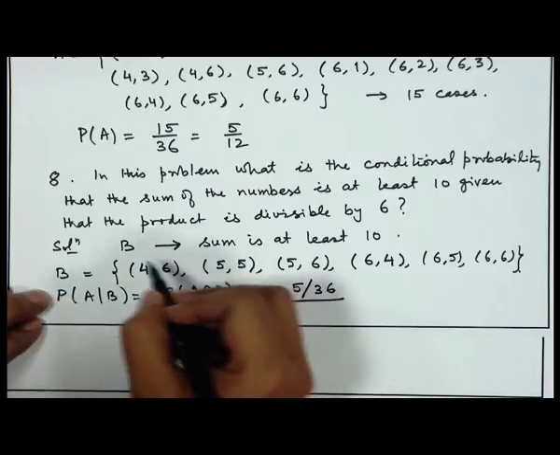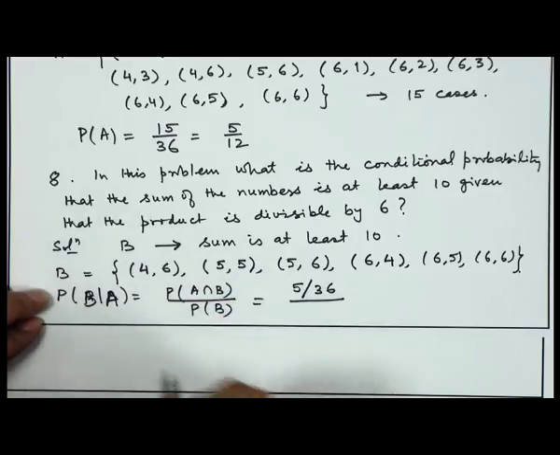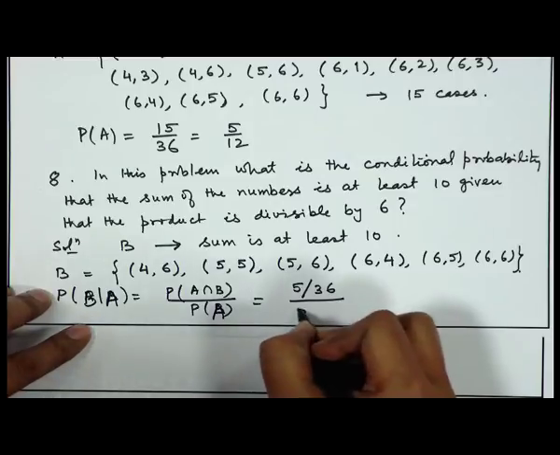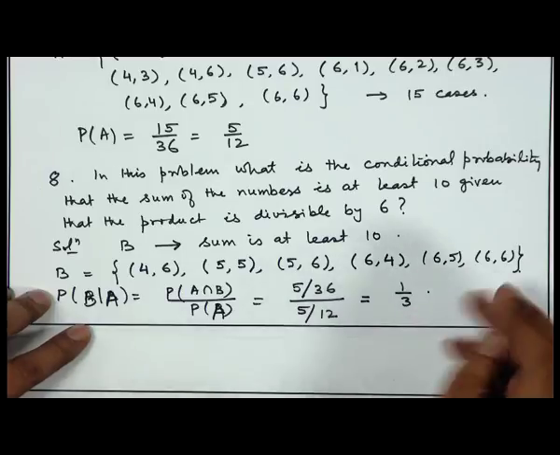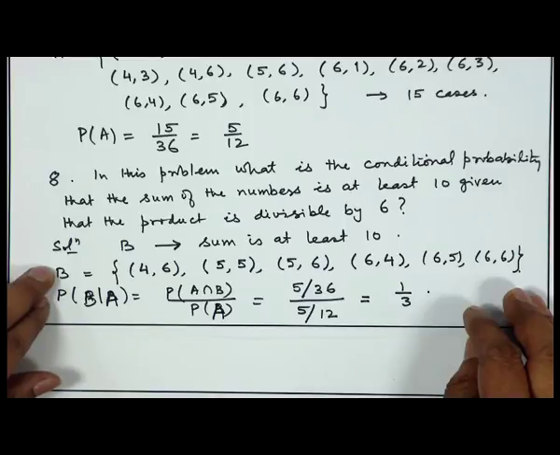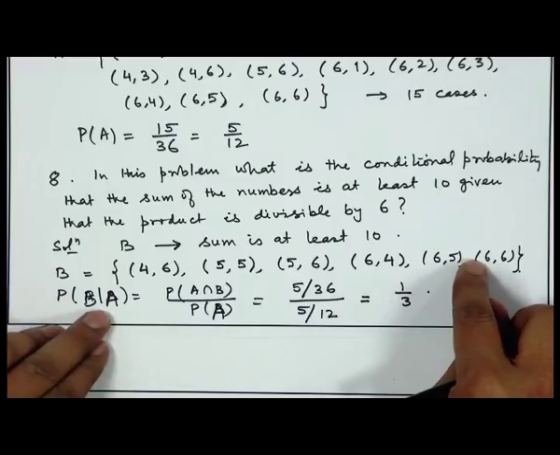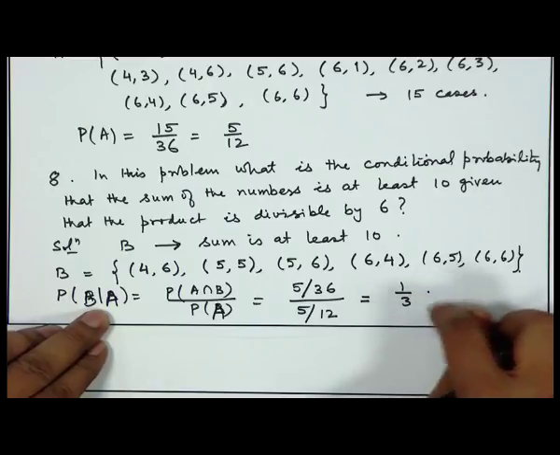okay. I have actually asked what is the probability of B given A. So, it is B given A. So, in the denominator I will have probability of A, that is 5 by 12. So, that is equal to 1 by 3. You can see, if I directly look at what is the probability of B, it will be 1 by 6, because it is 6 by 36, whereas the probability of B given A is 1 by 3. So, conditioning substantially changes this probability.